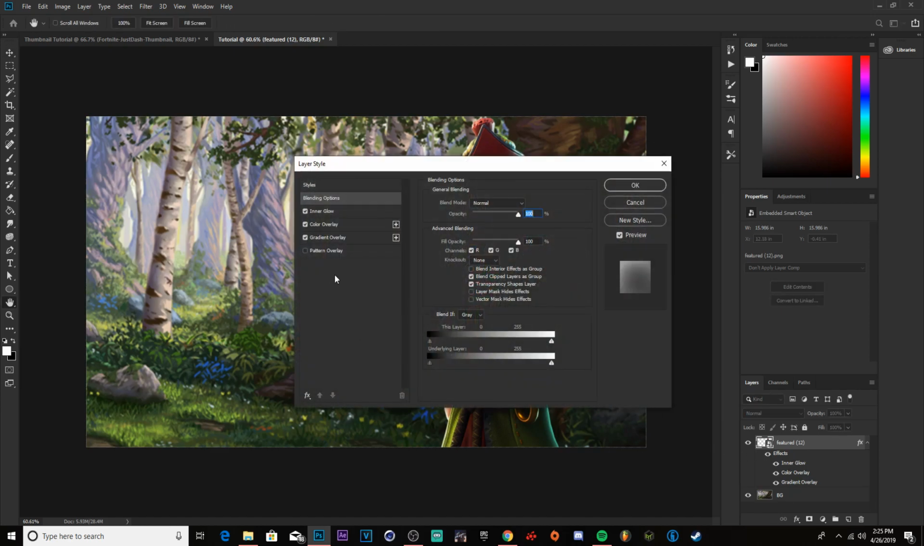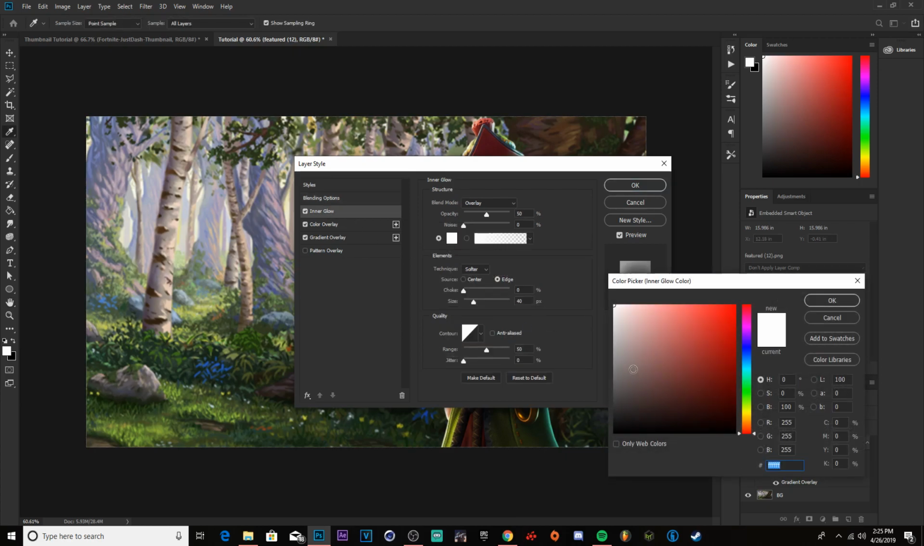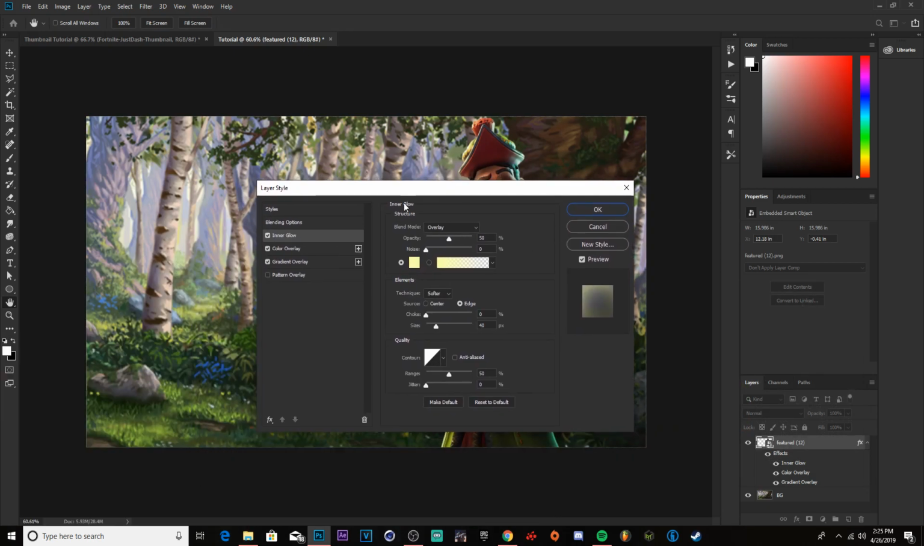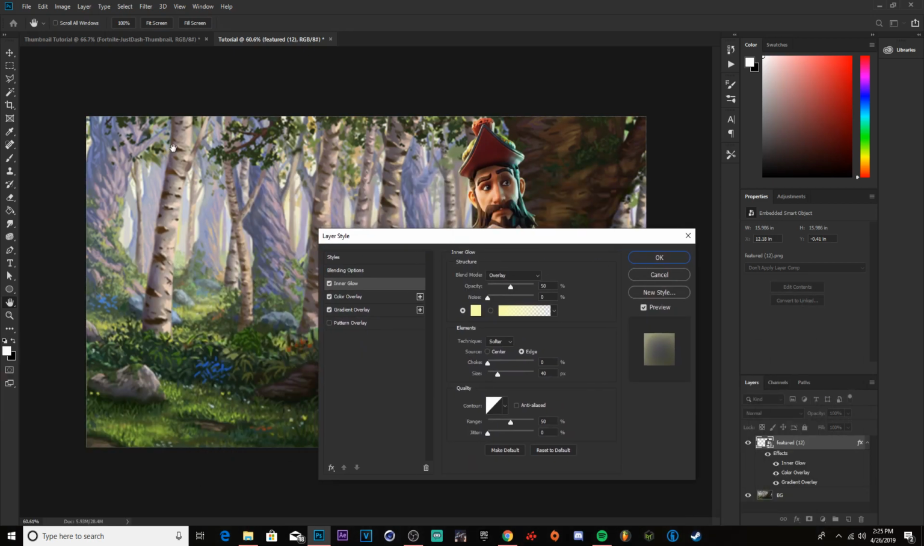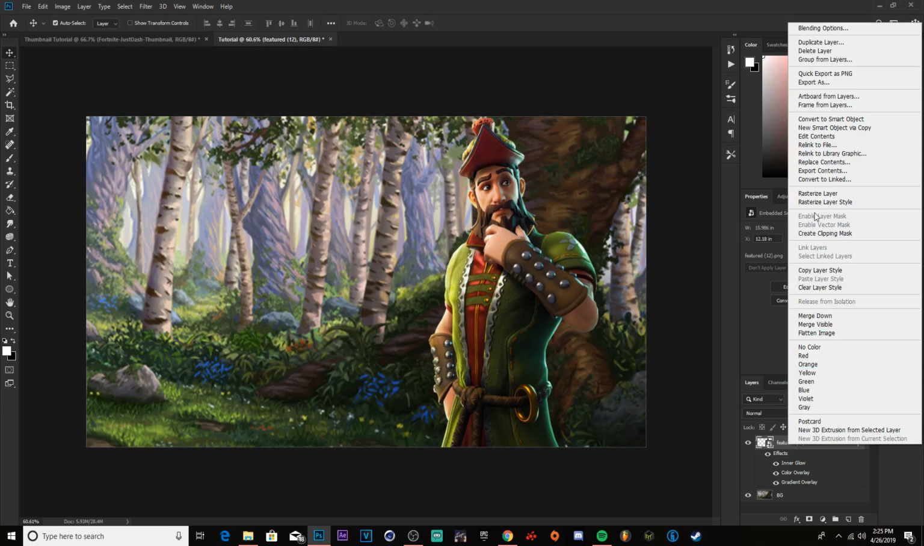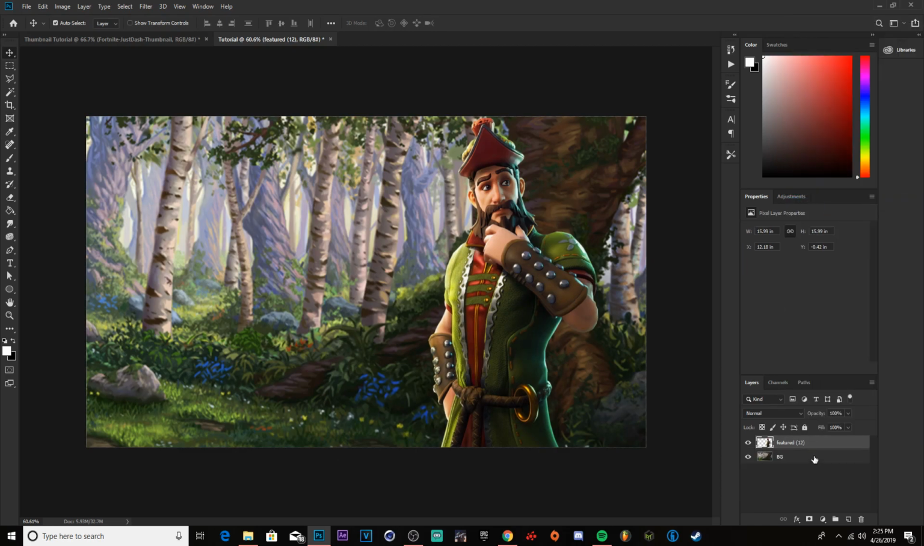Depending on what your light source is, you want to make it white or yellowish or whatever. It doesn't matter, it just depends on your light source. I'm probably going to have it a yellowish color because I'm going to add some stuff later on. And then after that, press OK, then right click your skin, rasterize layer style, and then there you go. You have some sort of lighting on there for your